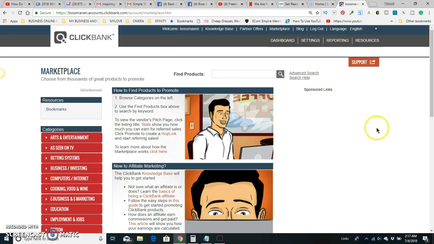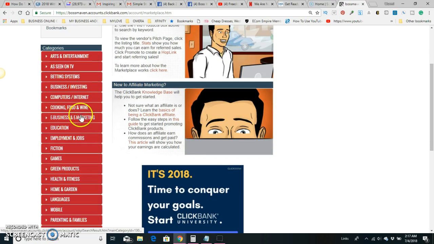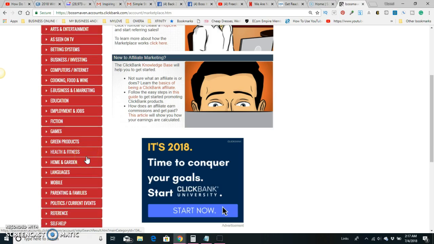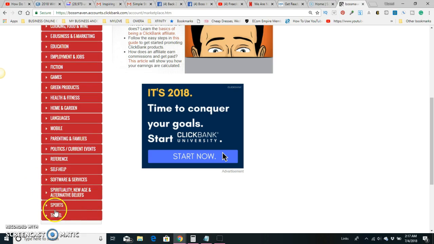Those three are huge. So we're going to come over here to where it says Marketplace. You would click on Marketplace right there, and it'll bring you to this screen. And so on the left-hand side is where you have all of this stuff that you could find stuff to promote. Okay, so I'm going to go into, let's say, let's go for spirituality and new age and alternative beliefs. Let's just go there and see. Right? When you click on it,